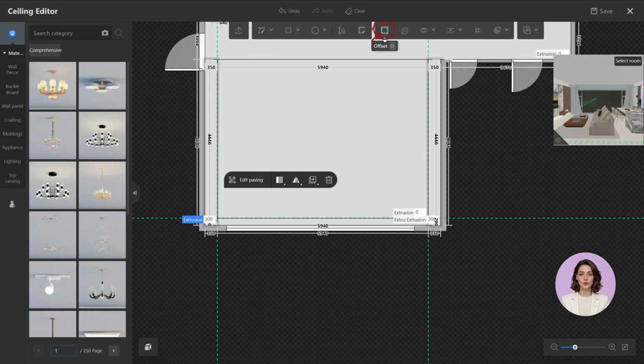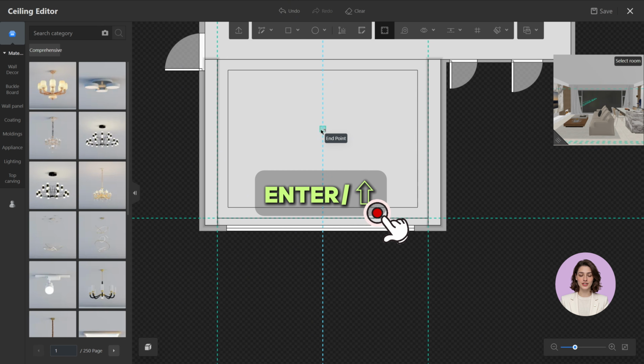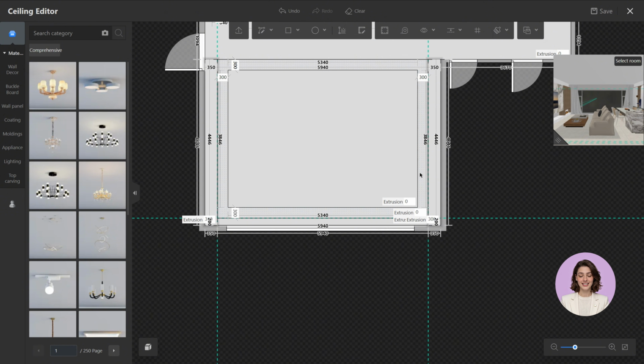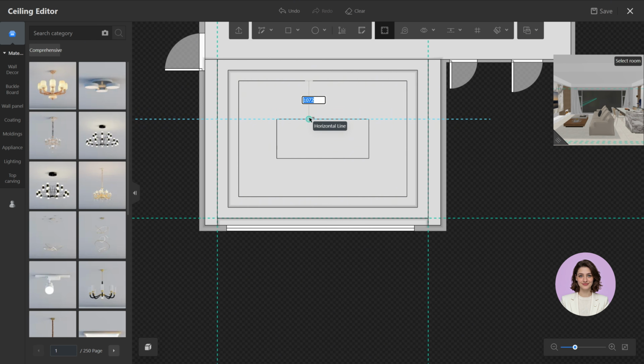Click the Offset tool on the top toolbar. Click anywhere on the target ceiling area, input the offset value, and press the Enter key to confirm. Click the rectangular area generated after the offset and set an extrusion value in the lower right corner. Next, offset 2 profile lines on the ceiling